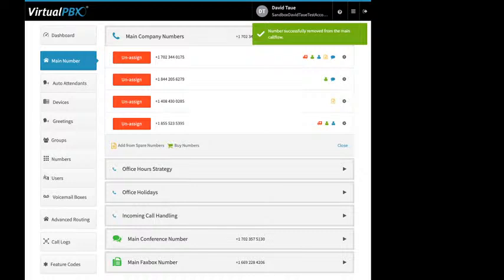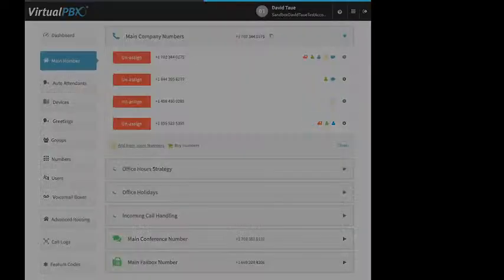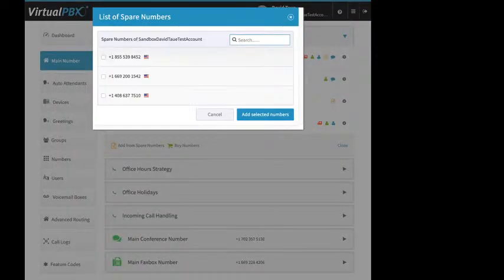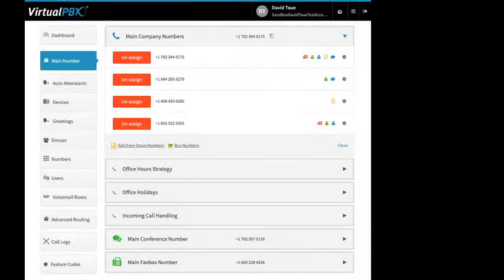And so now I have one less main number. Now it's still on my account, right? I just moved it to a spare number, but then I can move it to something else if I am so inclined. Anywhere you can add a phone number, so on a user or group, etc., you have your choice of adding from spare numbers. Right, so I have these 3 numbers I can add back in as a main number, or I can buy